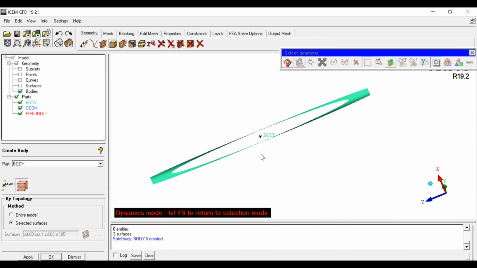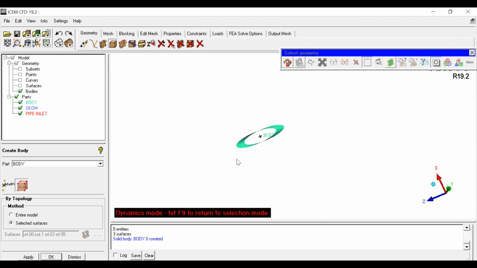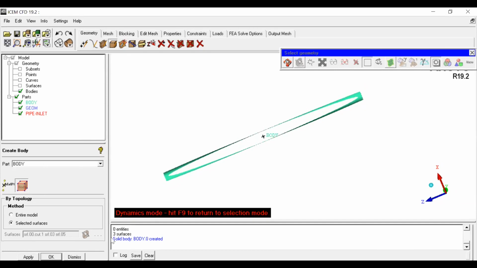So the pipe inside portion will be completely filled with the fluid. So our interest is generation of unstructured mesh. So it is better to generate the body before you go for an unstructured mesh. In that aspect, body must be created. Once you create a body, it is always better to visualize whether body is bounded by surface or not. So this is the body you can visualize. Okay. So this is body. Like that we can create body for any body using any bounded surfaces.